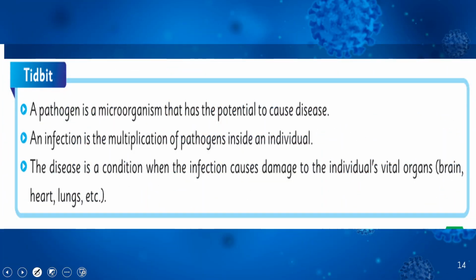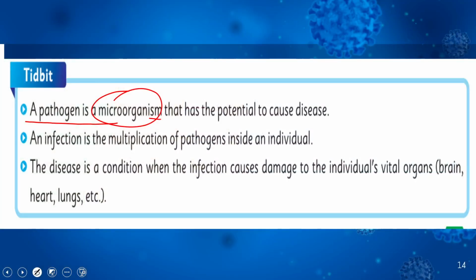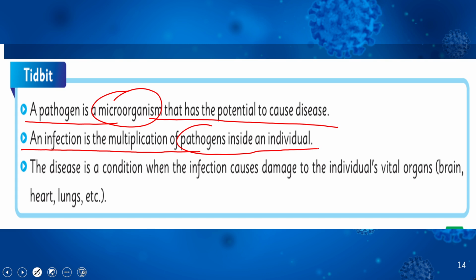Now, here are some tidbits. Let's read about it. A pathogen is a microorganism that has the potential to cause disease. An infection is the multiplication of pathogens inside an individual. The disease is conditioned when the infection causes damage to the individual's vital organs, brain, heart, lungs, etc. So my dear students,